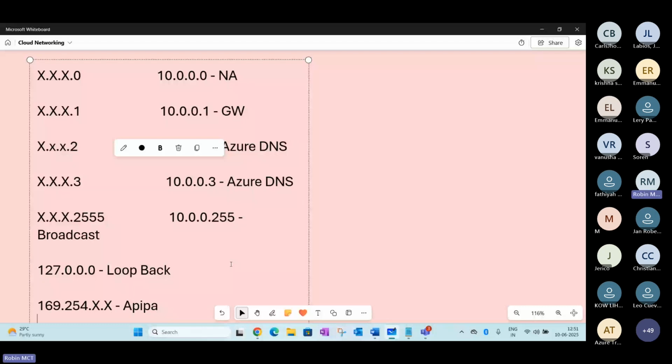So this is about the loopback IP address. I just prepared one comparison table also. This will give you some details about the difference here.